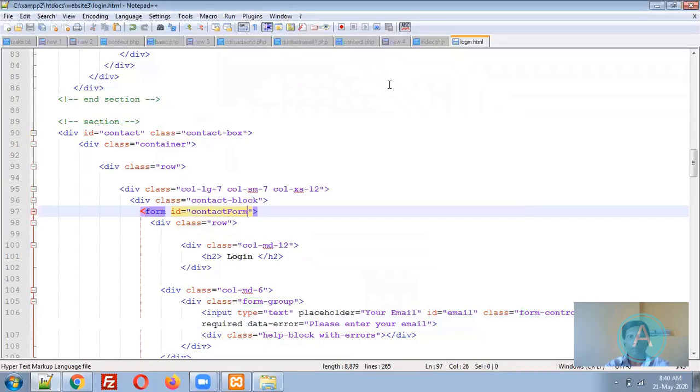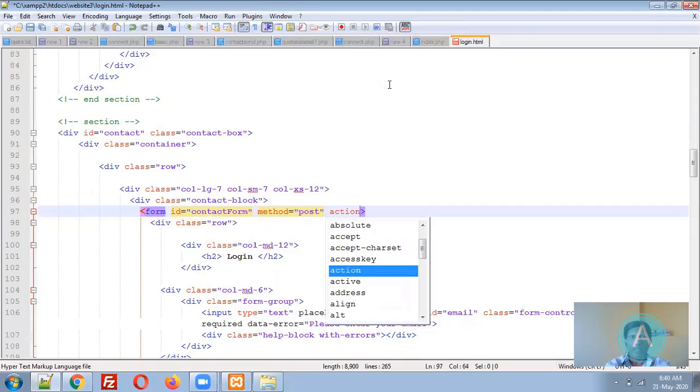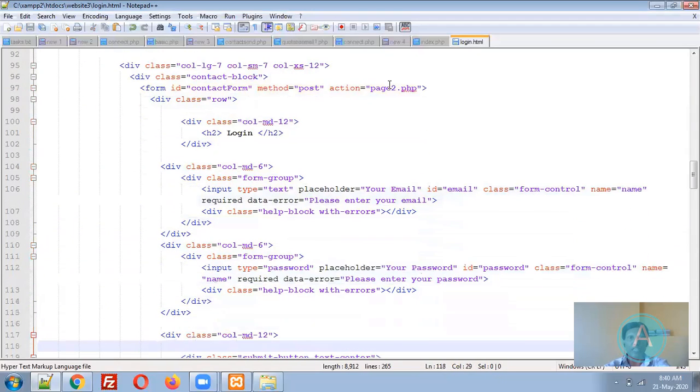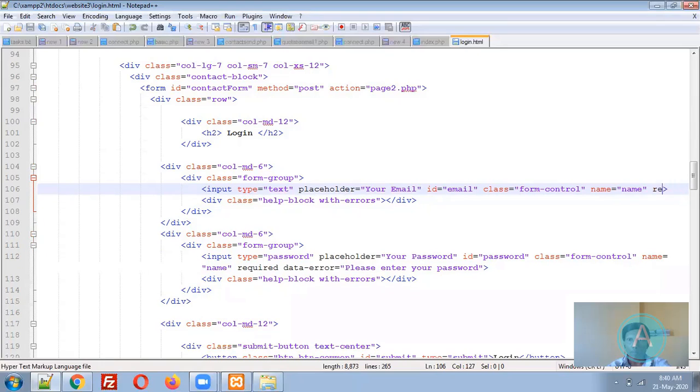This is the form. Method is equal to post. Action is equal to page2.php. So whenever you submit this data, it will go to page2.php. Yes. Required data error, these validations we don't want.